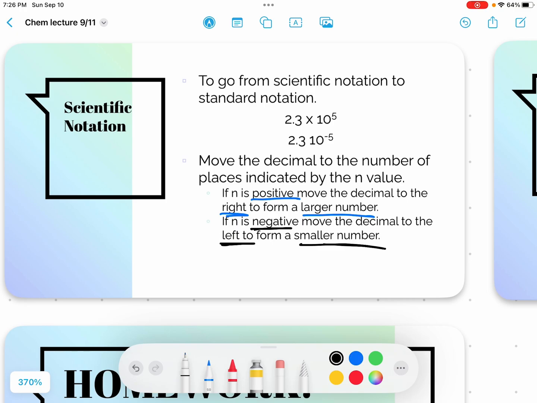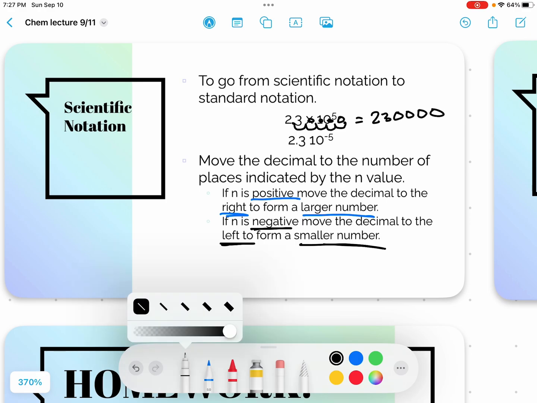Okay, so for example, we have 2.3 times 10 to the 5th. So that 5 is positive, which means I'm going to move my decimal point 5 places to the right. I'm going to go until I have 5 places: 1, 2, 3, 4, 5. And every empty space gets a 0. So that means my answer would be